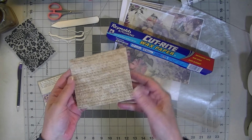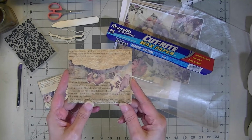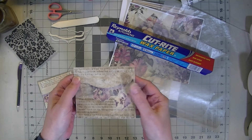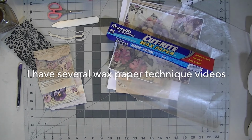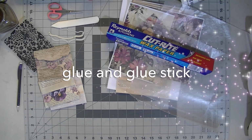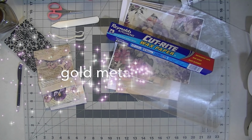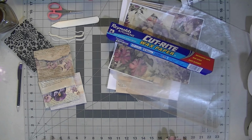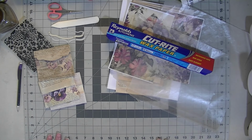This is one of my favorite pieces of ephemera, and it's laminated with wax paper. It has a fussy cut pansy, and it has some embossing, so it's actually a triple. So I thought I would attempt that, and usually I do not put my Sizzix on the table because it shakes the table and therefore the camera, and so that's why I just don't do it. But I'm going to attempt it today,